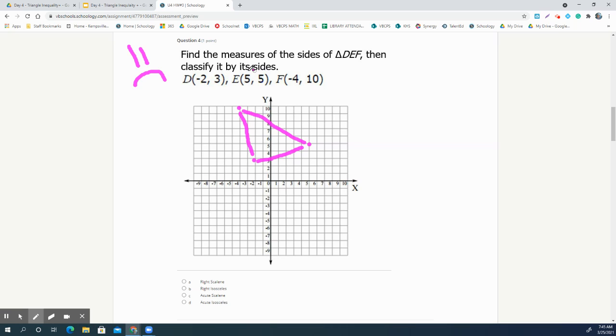If I'm trying to classify it by its sides, I need to know how long all of these sides are. You've got to do distance formula 3 times. It's kind of a pain in the neck, okay? If I do this, this is down 1, 2, 3, 4, 5, 6, 7, and right 2. And then I come over here, and I make a slope triangle, and it's 7 and up 2. If I use Pythagorean Theorem here, 7 squared plus 2 squared equals c squared,